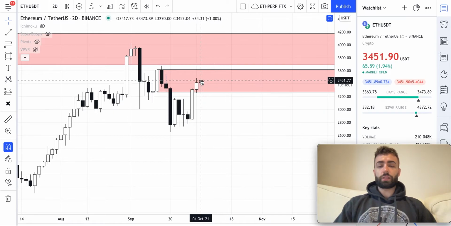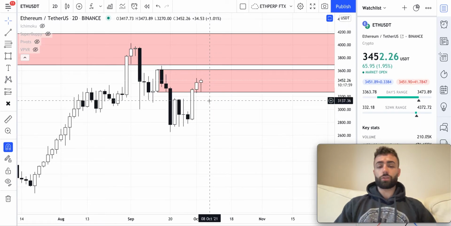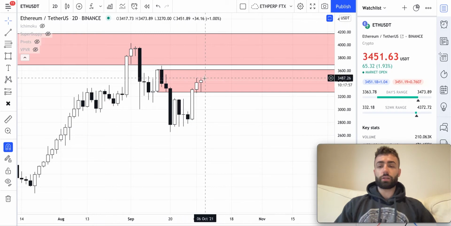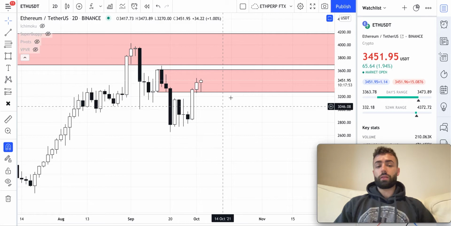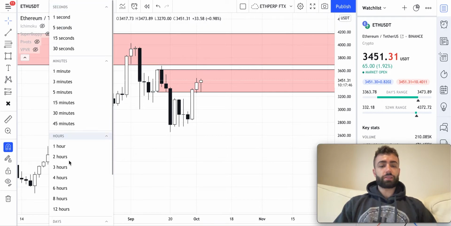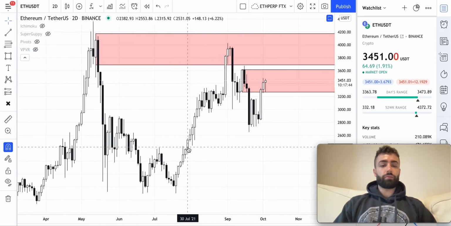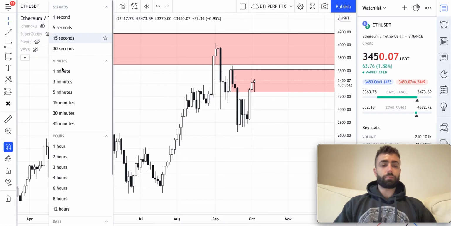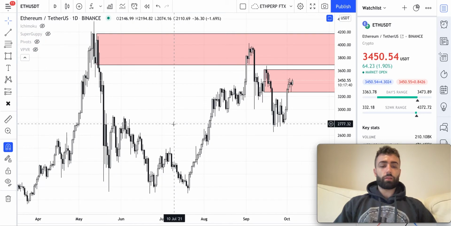And then the other opportunity is when we come down to form that higher low, which we likely will form because we've risen so much. That will be an area to potentially buy for the next increase in price that we see from Ethereum. So pretty simple there. If we look at this from a daily perspective, we can see our other resistance level